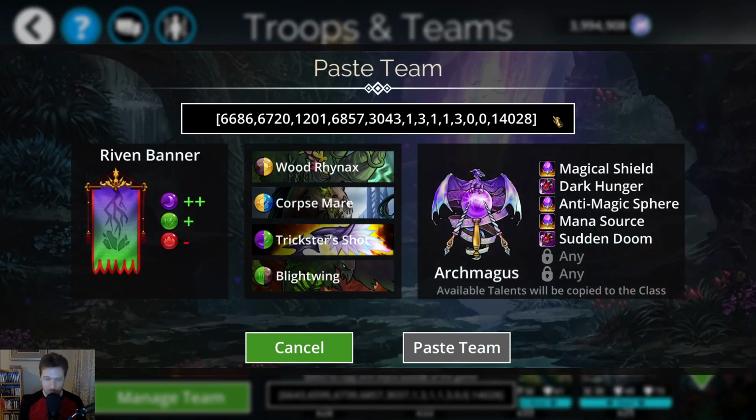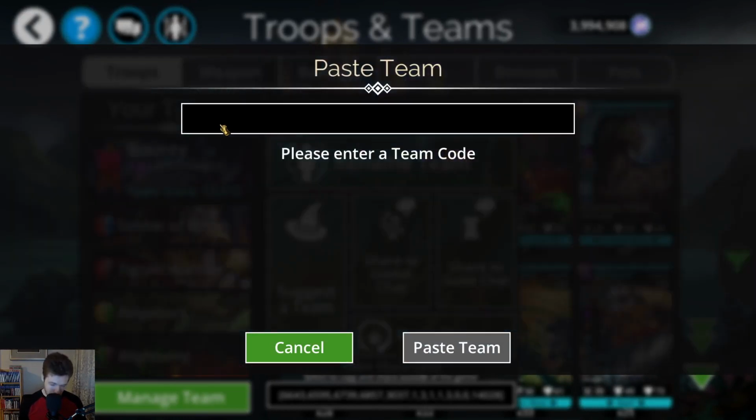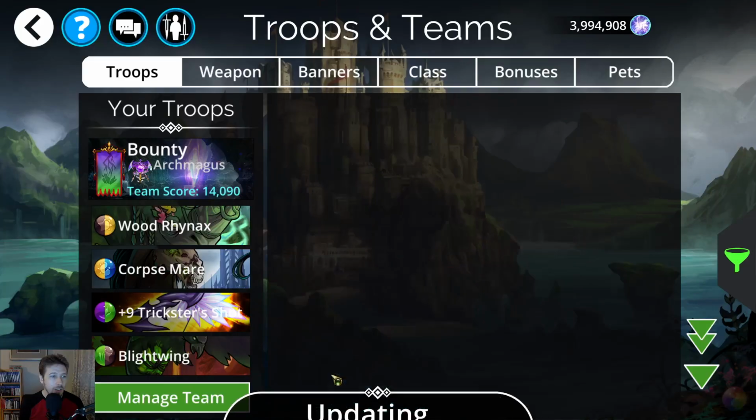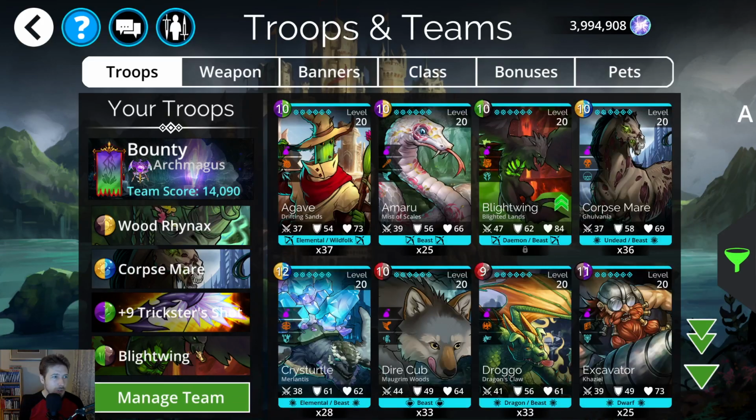And for some reason I have an extra space in the code. I gotta fix this here. There we go. Alright, so this is the team that I've been using with the weapon, and Trickster Shot for